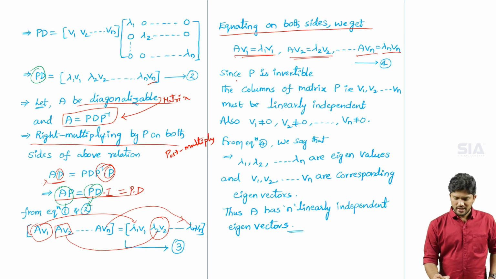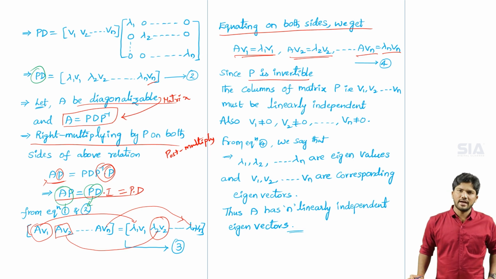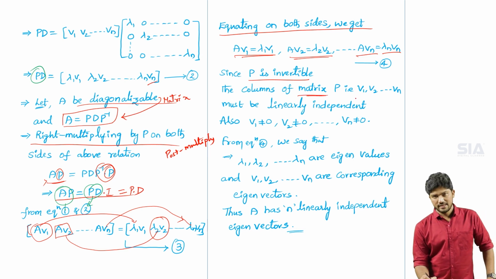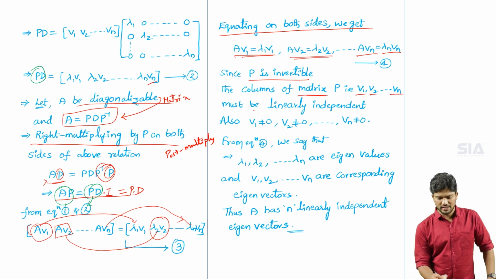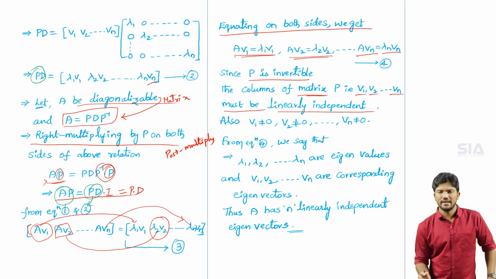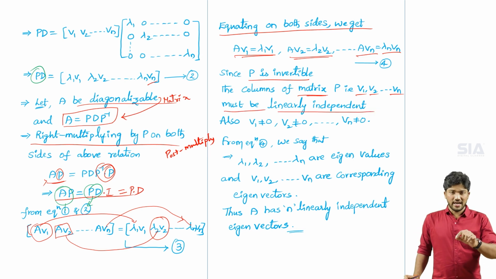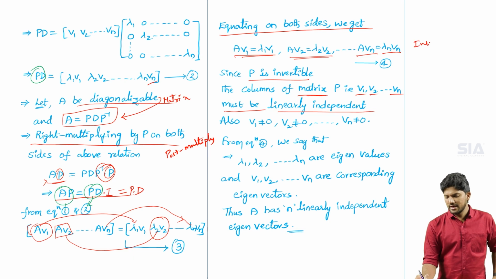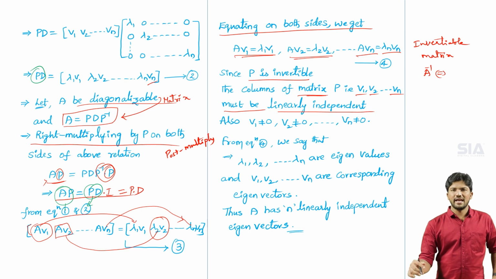You know very well, since capital P is an invertible matrix from the statement, the columns of matrix P, that is V1, V2, V suffix n, must be linearly independent. So according to the invertible matrix theorem, which we already discussed, capital A is invertible if and only if capital A spans